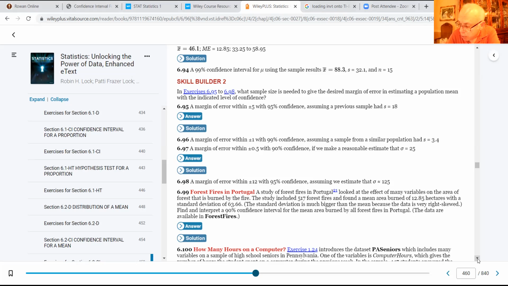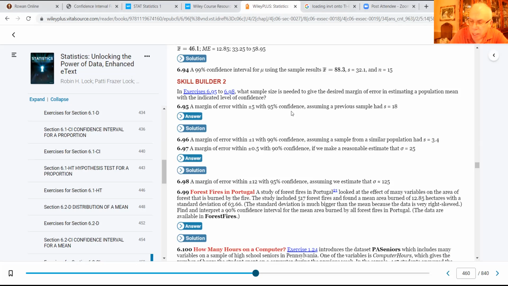If we squared both sides, we end up with T times S divided by the margin of error, the quantity squared. Now, if we look at 6.95, for example, it says the margin of error is 5. They're saying I want a 95% level of confidence, and assuming a previous sample had S equal to